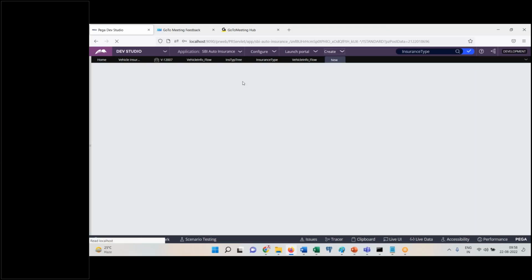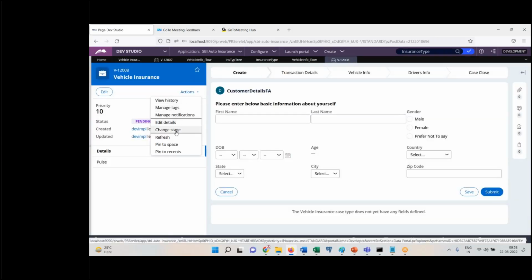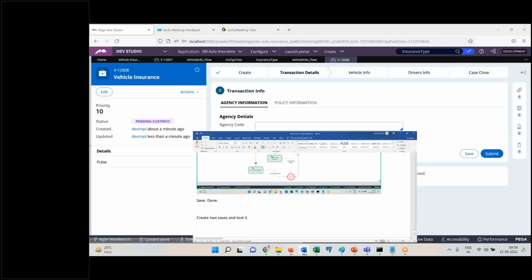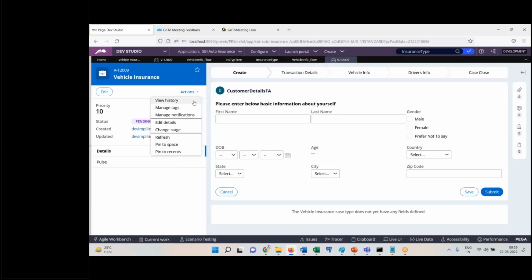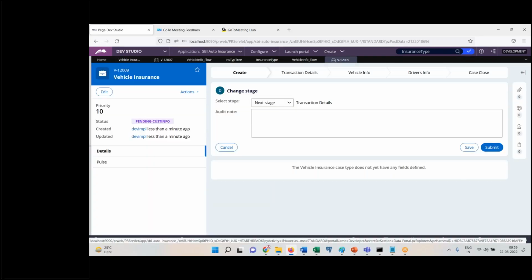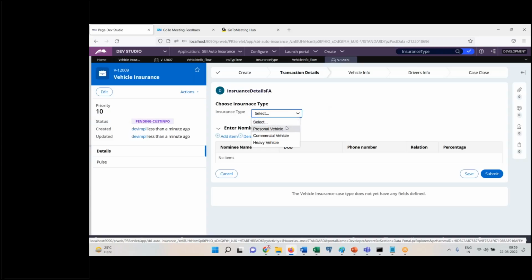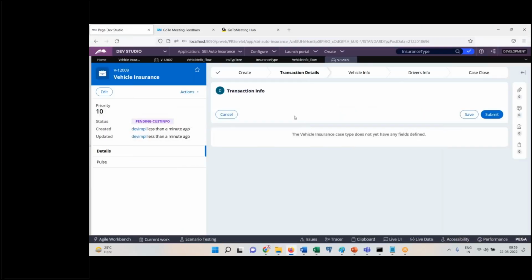Vehicle insurance. I'll directly go to the transaction details screen. Here you go, transaction details, I'm sorry. Let me close this. Vehicle insurance. Change the stage. Transaction details. Look here, insurance type, I'm going to choose personal vehicle. When you choose insurance type personal vehicle and then submit, the next screen as usual,